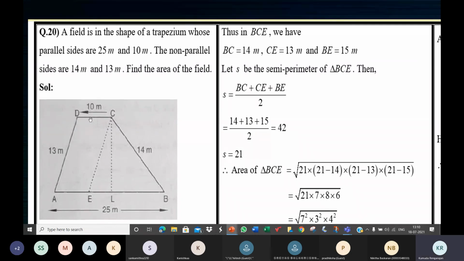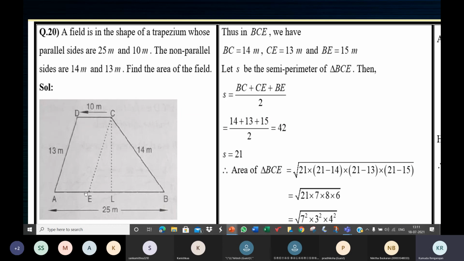You know, in a trapezium, we find one pair of parallel sides. So CD is parallel to AB. Sides are 10 and 25. Make sure you mark the smaller side. It's a trapezium whose parallel sides are 25 and 10. So draw a trapezium and mark it. You can mark ABCD however you want, you can even call it PQRS. So it's marked ABCD like this, with the parallel sides being 25 and 10.